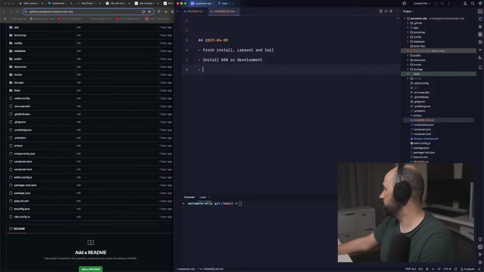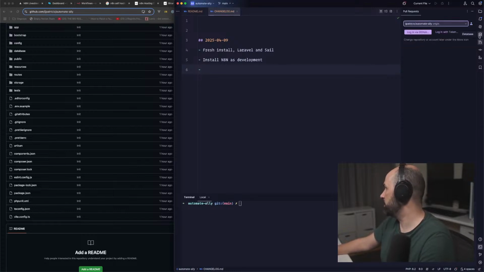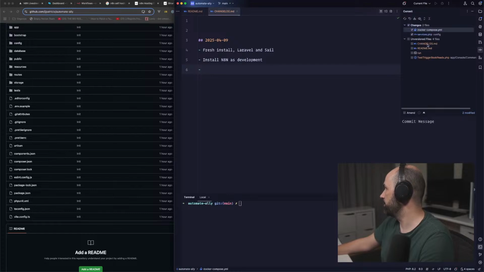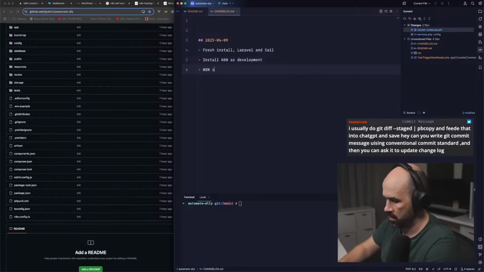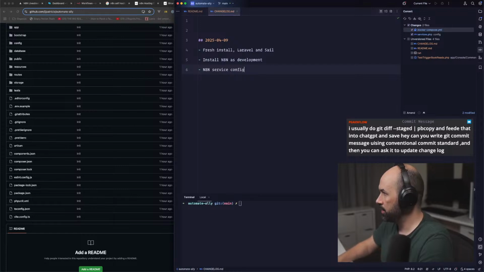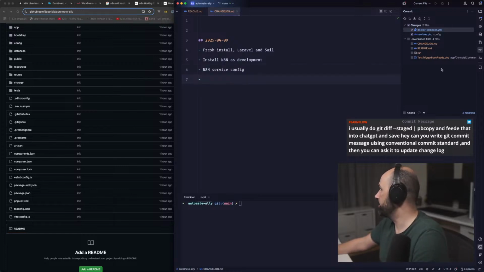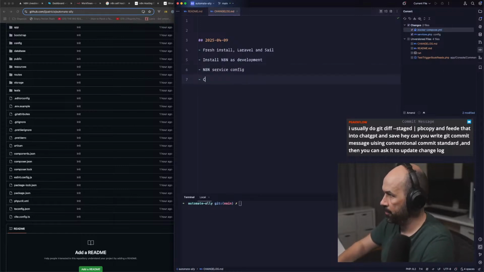What else? Services, yeah. So N8N service config and the command to trigger, added command for manual test of the trigger.